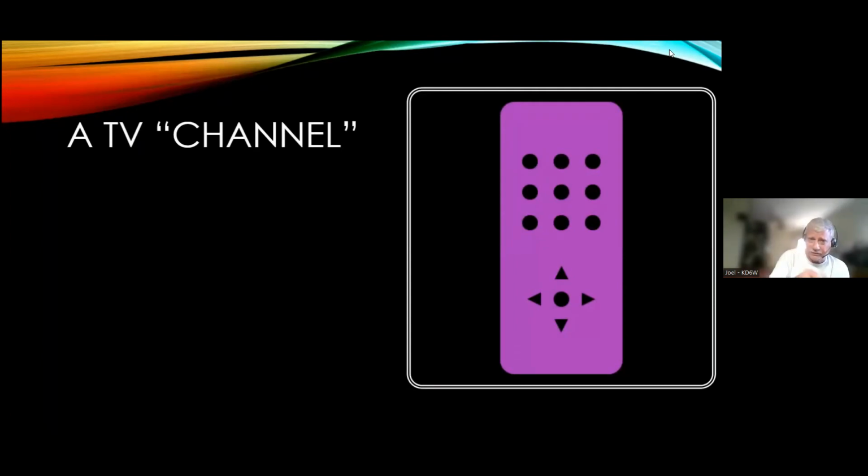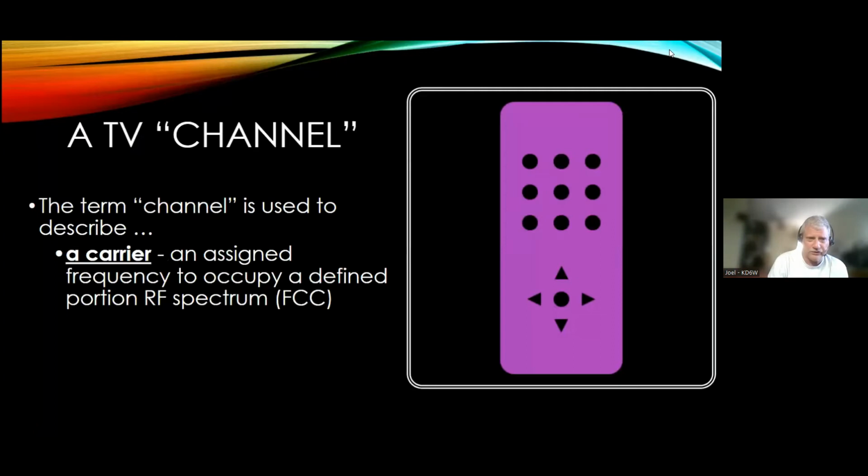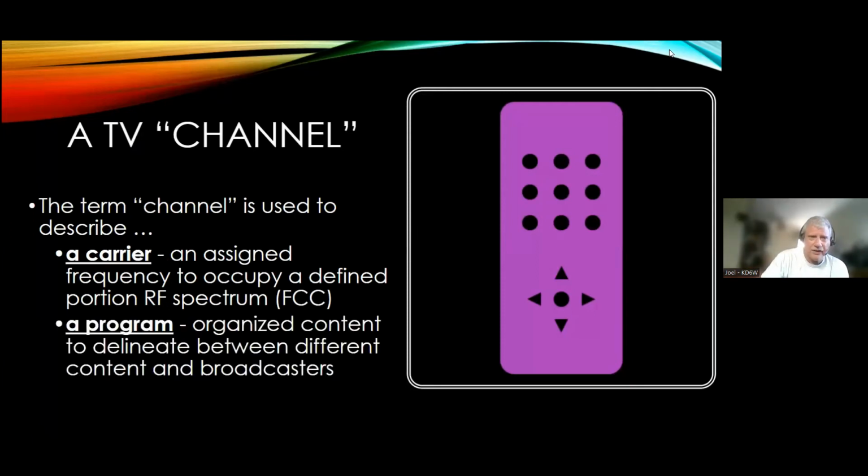If you remember back in the old days, you turn the channel, you got CBS, Fox, and NBC, and so forth. By changing the channel, you saw a channel. Well, it actually means two things. One of them is to describe the carrier, like you're tuning the knob, okay? And that was a frequency assigned by the FCC. But at the same time, it also refers to when you turned on the TV, you turned on channel 4,